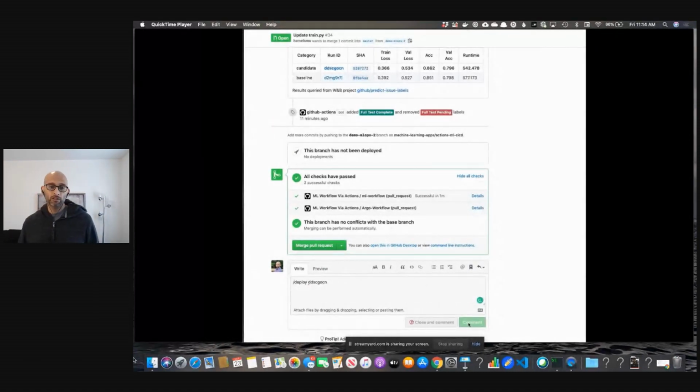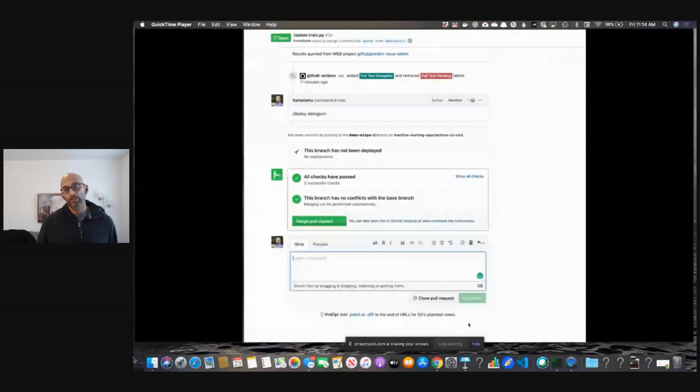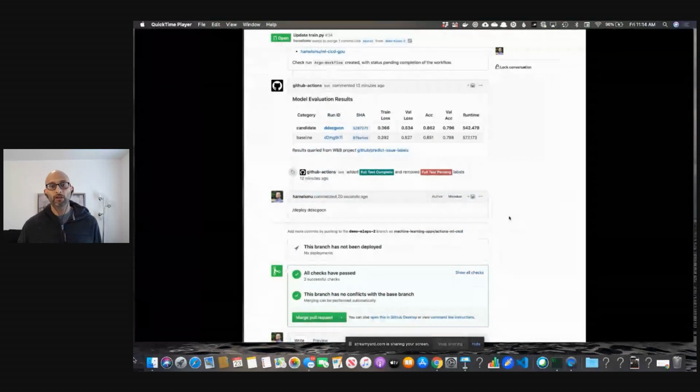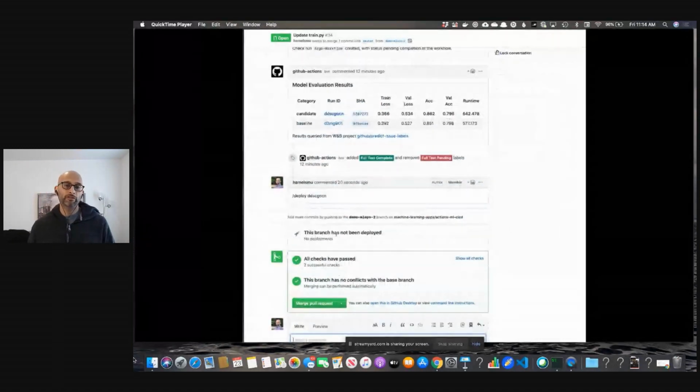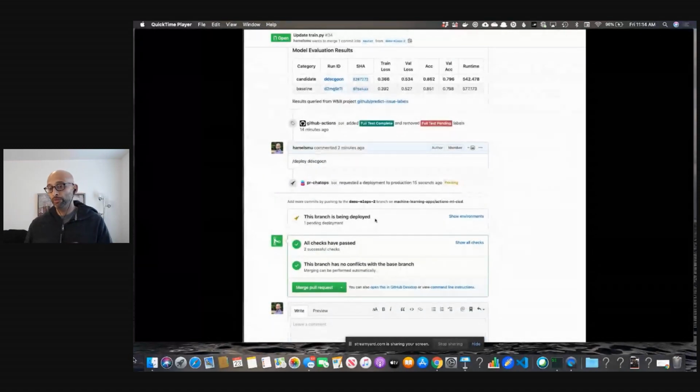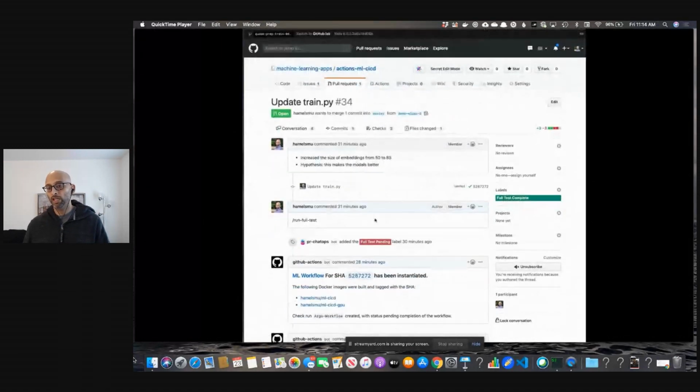And so this is an example where I'm going to again use ChatOps, and I'm going to reference the run ID. And what it's going to do is it's going to trigger GitHub Actions to again pull that experiment tracking system for that run ID, and it's going to pull the model artifact. Once it pulls the model artifact, it will then deploy it. So in this case, I'm deploying it to Google Cloud Functions, which is very similar to AWS Lambda